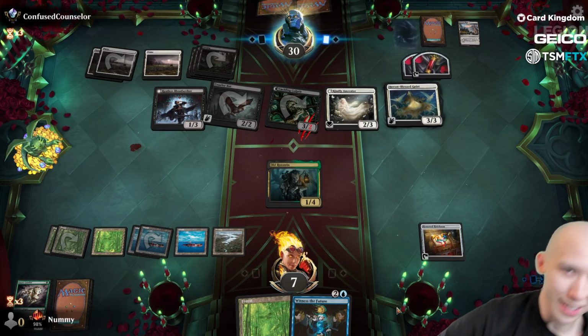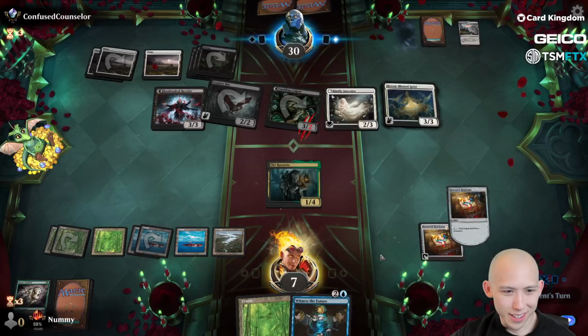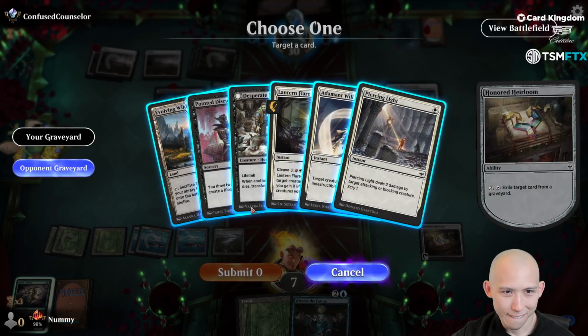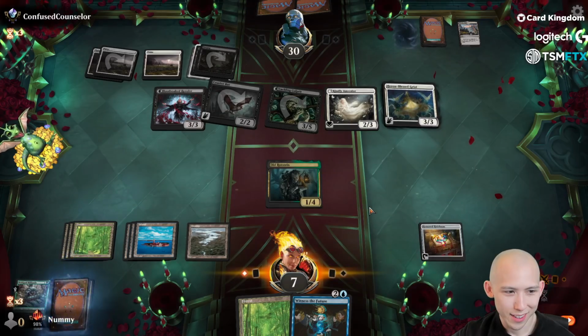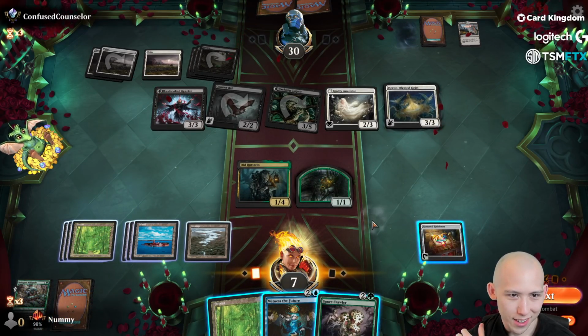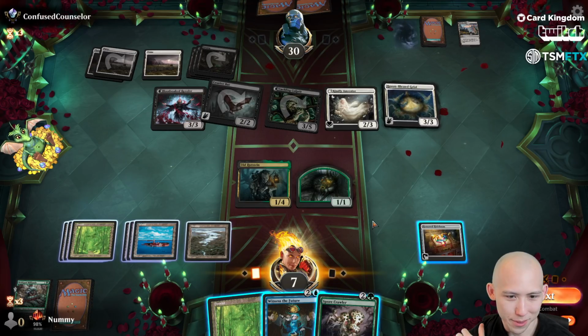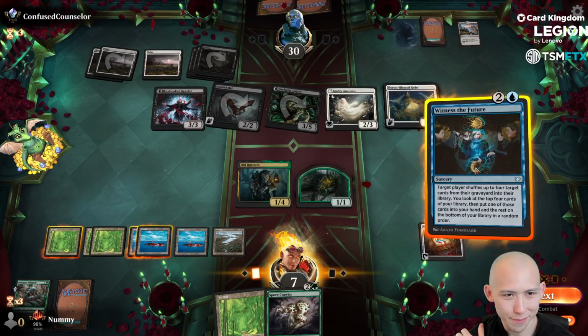Oh, they're finally sacking like they should have. Yeah. Alright. Come on. I don't know what I can draw, but I hope I draw it. Alright, milled Millipede. Drew Spore Crawler. Got a token. I'm dead on board. To the flyers plus their